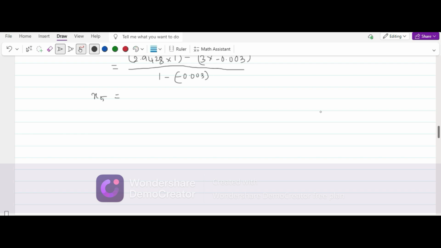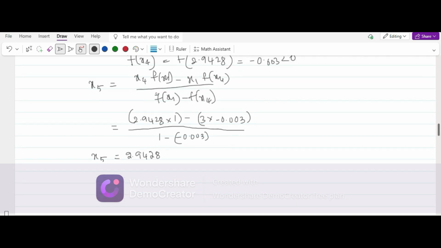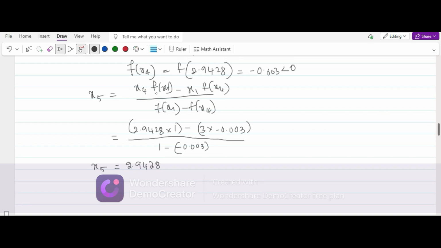You will get 2.9428. Okay, so look at the previous approximation. Root ಅಂತ